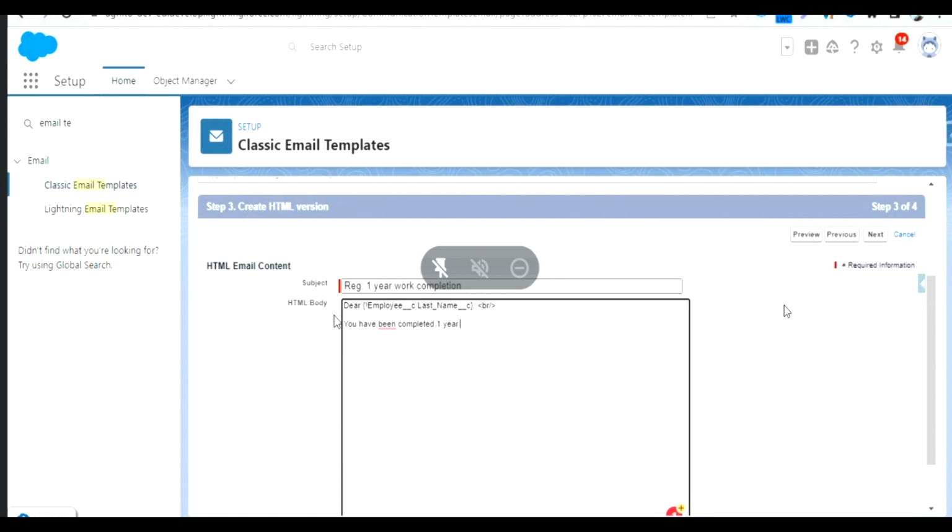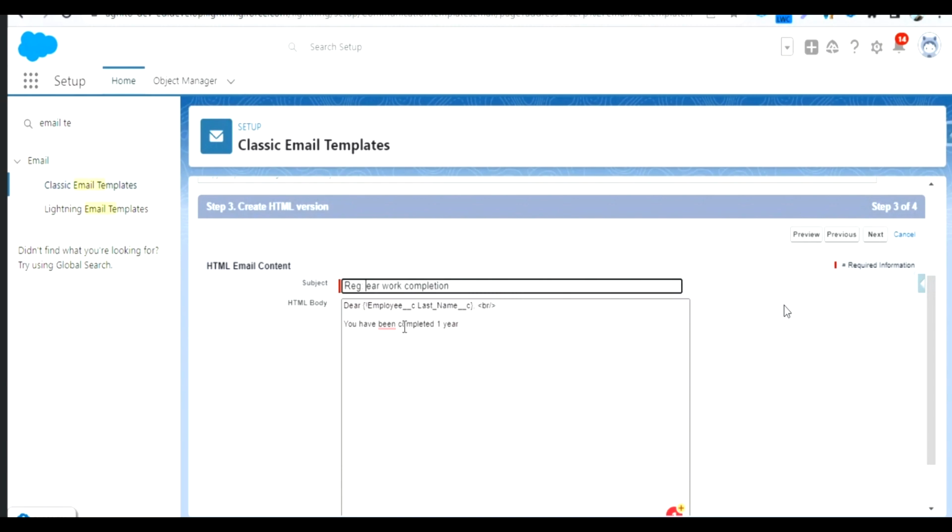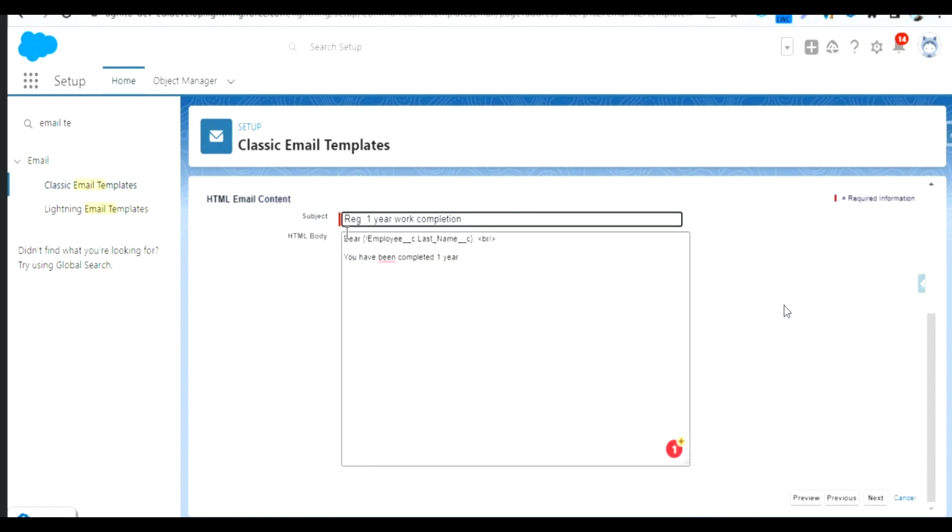So if you create only one email template over here, how do you put the number of years you worked? Let's say you have completed 1 year. How do you automatically change your one to two or three or four or five? How do you change it automatically? If you want to change this automatically, you have one option. Okay, that is called,